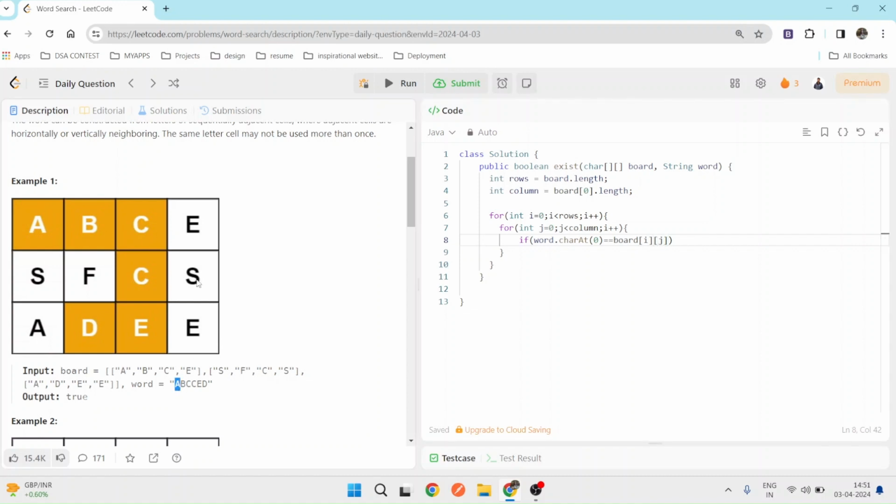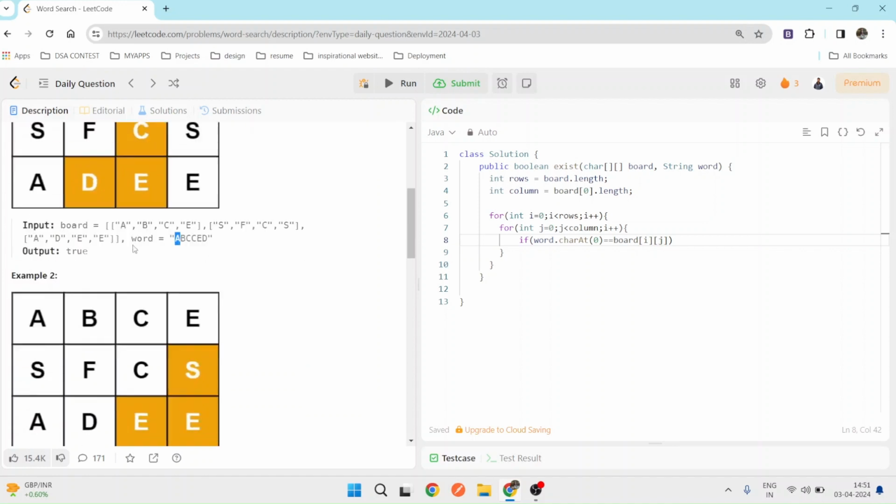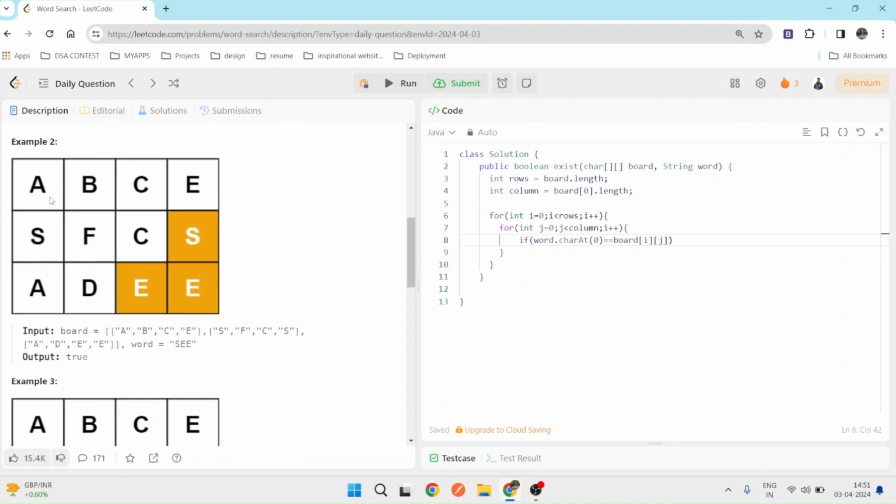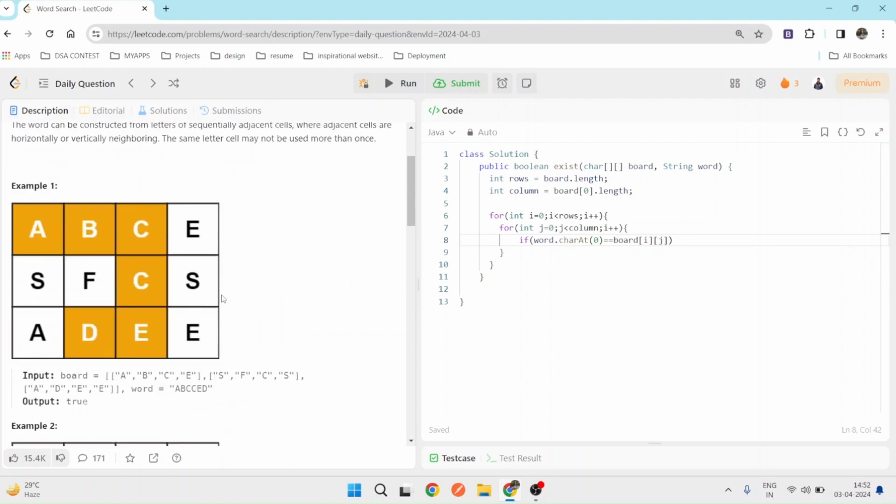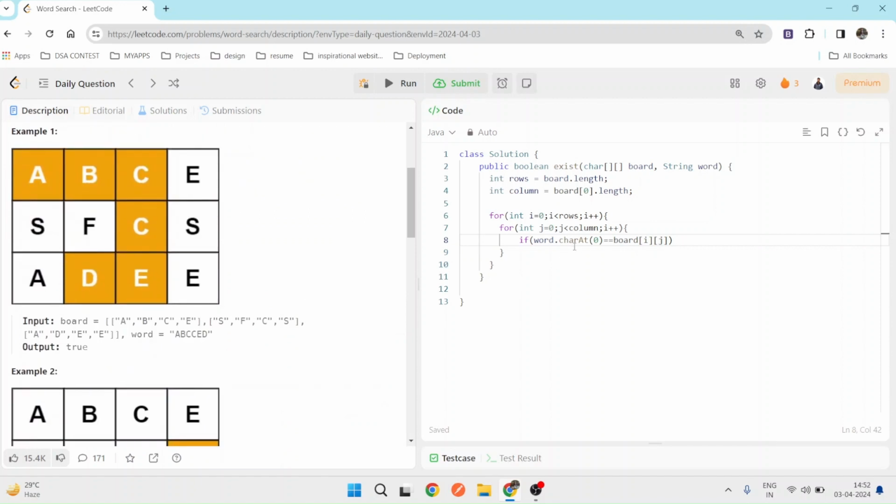So we will iterate through this, and you can see in this example we will iterate from here. We will check A is equal to this, not B is equal to this, not C is equal to this, D equal to this, then S we will get S equal to this, then we will go on. We can see we don't find the element, sorry, the word. So we will check next and so on. So we will check our condition that if the word character at 0 is equal to the element of the board,